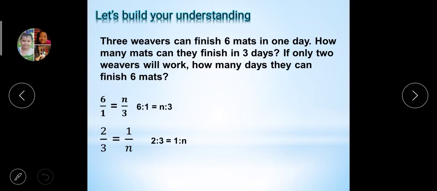Okay. So, yung 2 is the less number of the workers or the weavers, while 1 is,